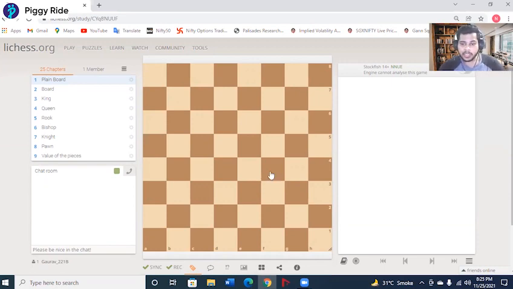To name a square, say this one over here, you see it lies in the C file, and it lies in the fifth rank. So we call it C5. Remember, always mention the alphabet before the numerical value. So it is called C5. I'll be mentioning all of the boxes on how to say a move properly.